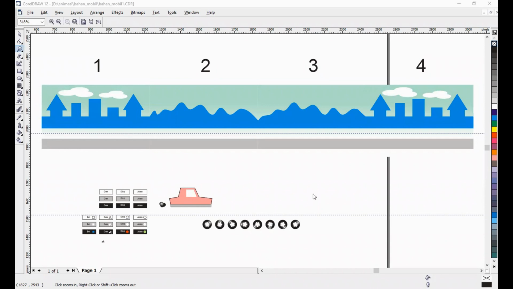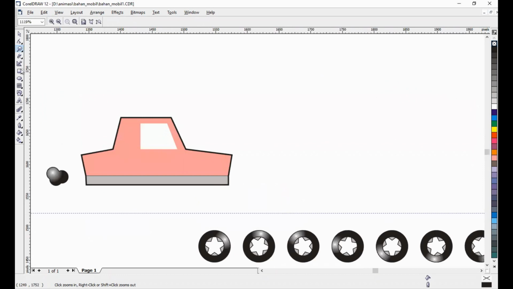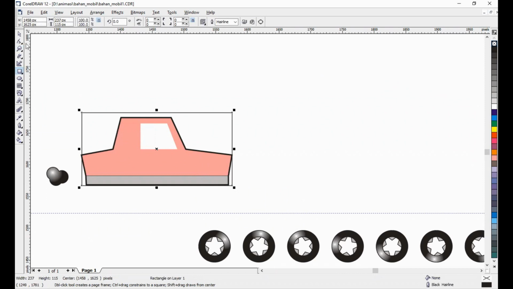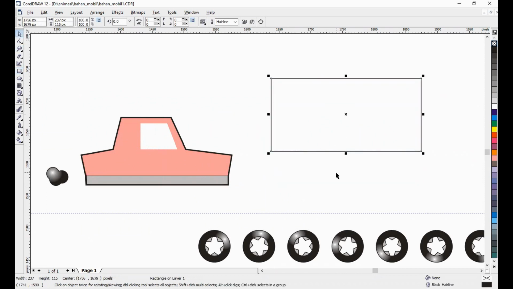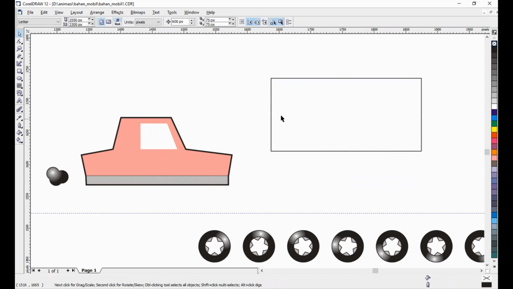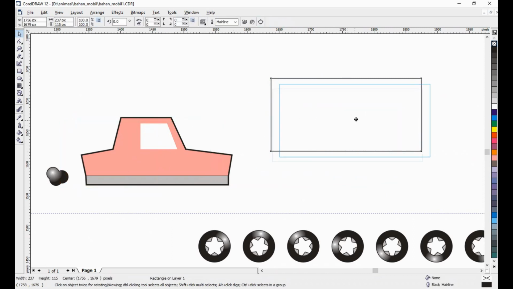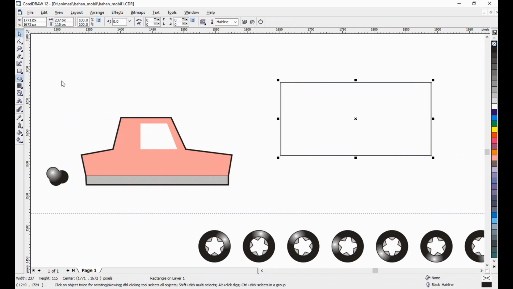We have finished creating the wheel animation, but I want to create another body of car. Maybe I need to click like this. Okay, I will try to create maybe like this.